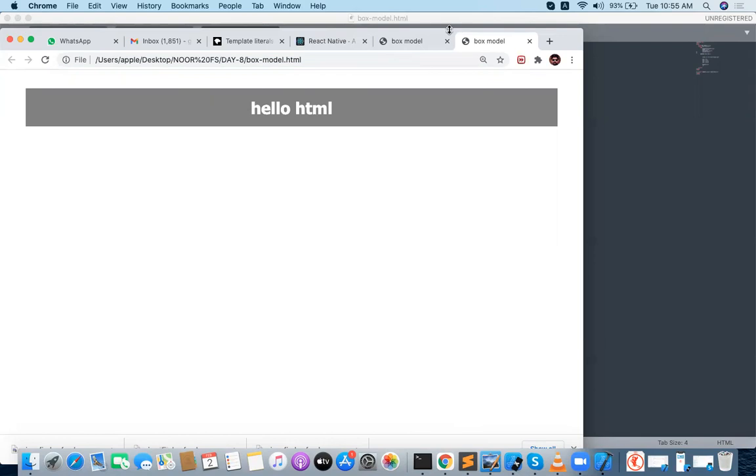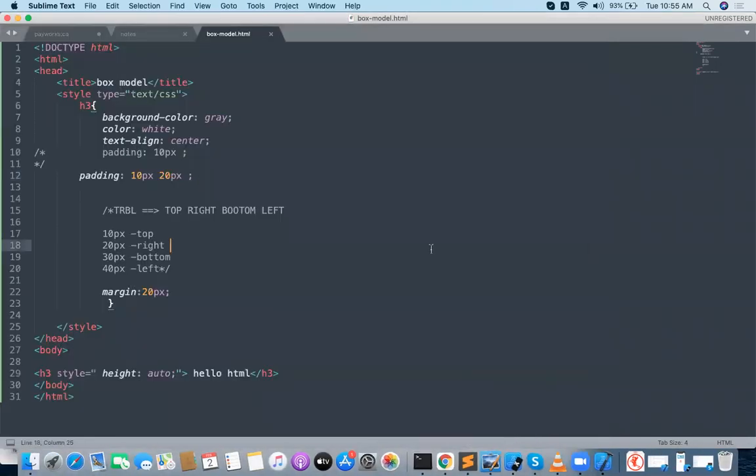See, now here it is 10, here it is 10, top and bottom 10 pixel, and 20 is arranged on right and left. Normally it calculates in clockwise order, but whenever you provide two values, it takes opposites. It will occupy two positions, two sides.